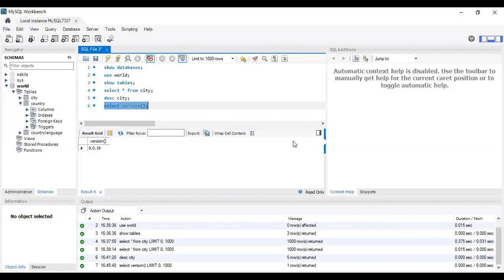Whatever the database processing is, we will write it in the form of stored procedures and keep it in the MySQL server.